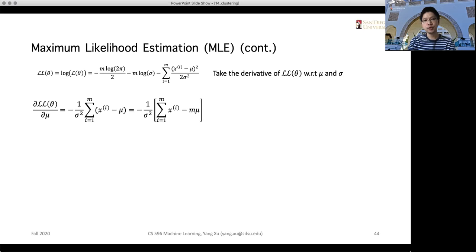If it's with respect to mu, then the only term left is this one, because the other two terms have nothing to do with mu, so they can be viewed as constants. So we can apply the rules of computing derivatives, which becomes a very easy term. It's the summation of all the data points minus mu times m times mu, and mu is simply the mean